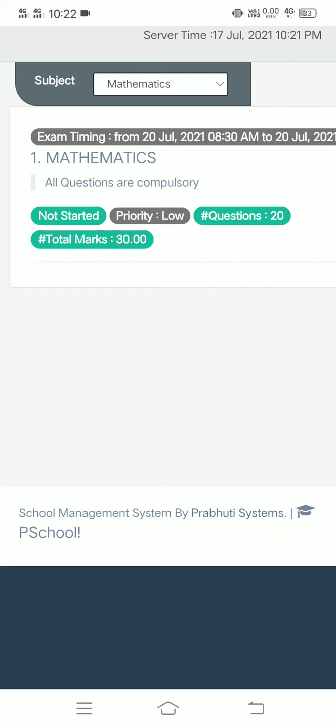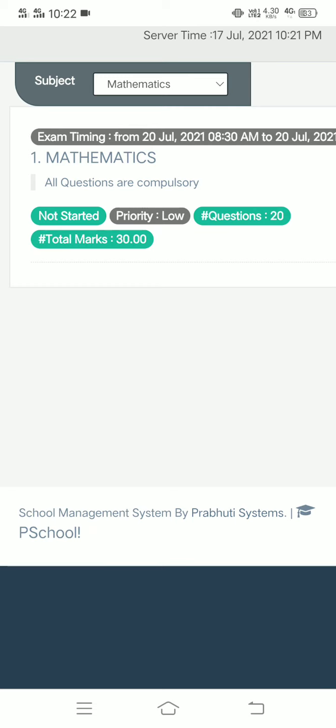In this area, just after the notification area, the question paper will be displayed. You have to see the questions from here, then write the answers in the answer sheet.